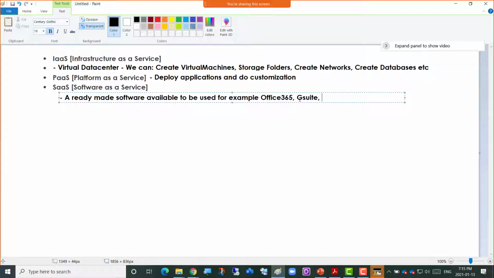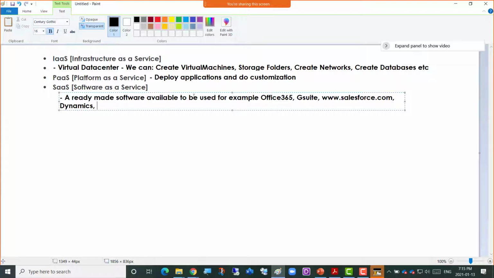It works like Office 365, it's just cheaper. And you may have heard about Salesforce.com, or there are so many other companies, Microsoft Dynamics, right?